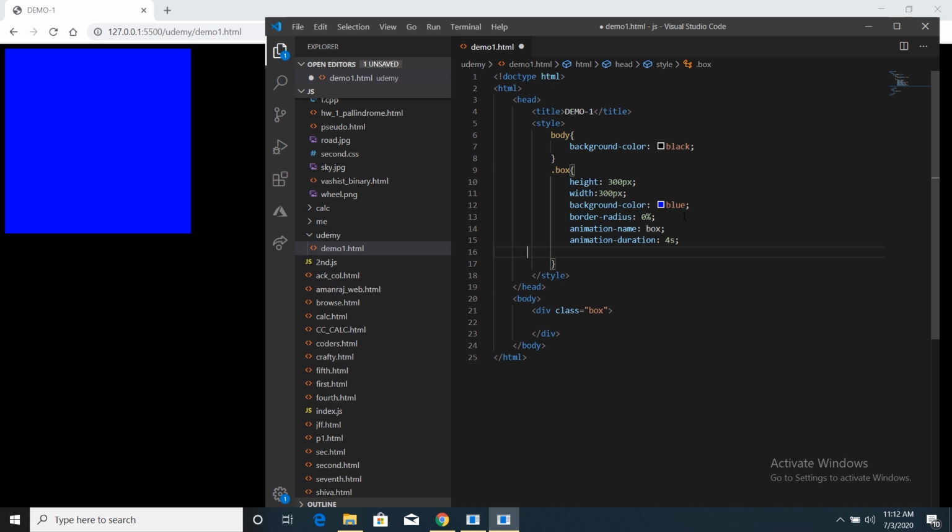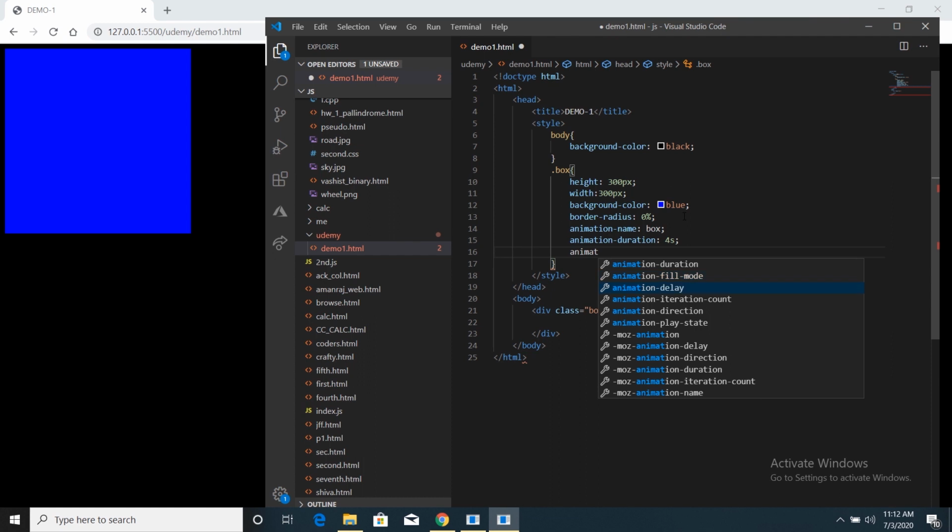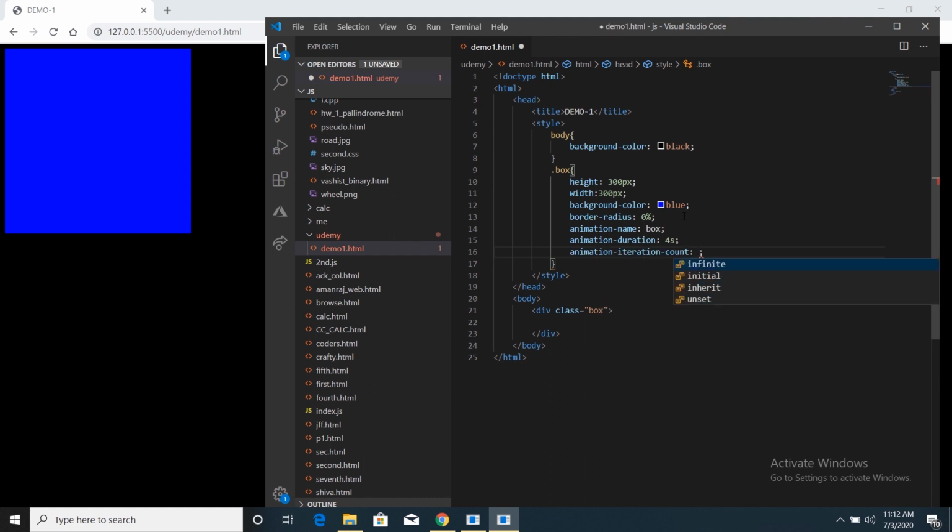Okay, now this is done. Next thing is for how many iterations I'll be doing my animation, meaning for how much time this animation will continue. I can give any random number. For that many times the animation will work. I can mention any number like 1 to 5, 120, something else, and we can also mention infinite. If we mention infinite, then the iteration count will be infinite. That means the animation will go on forever. Okay, for now I'm just using two. That means I'll get the animation twice only.